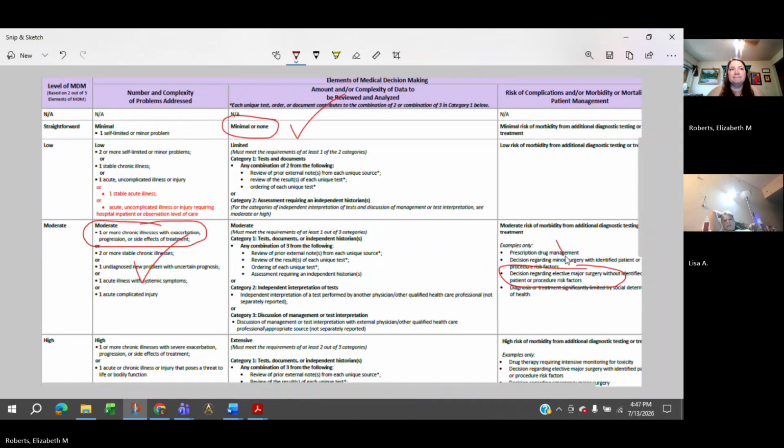Elective? That's not like a... She doesn't have to do it, right? I mean, she could decide to treat it differently. She could just say, no, I want a lumpectomy. She could say, no, I only want radiation, right? So yes, it is an elective major surgery. I would just hope she elects to do it, right? But not all patients do. That's what I was thinking. And so that very clearly puts her in that moderate risk category. So we have moderate diagnosis, moderate risk, 2 out of 3 at that moderate level. It's going to be moderate MDM.